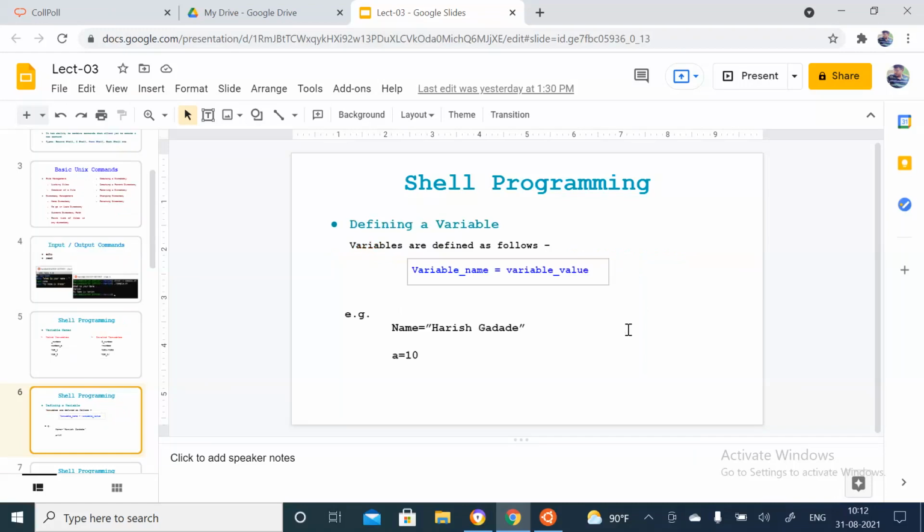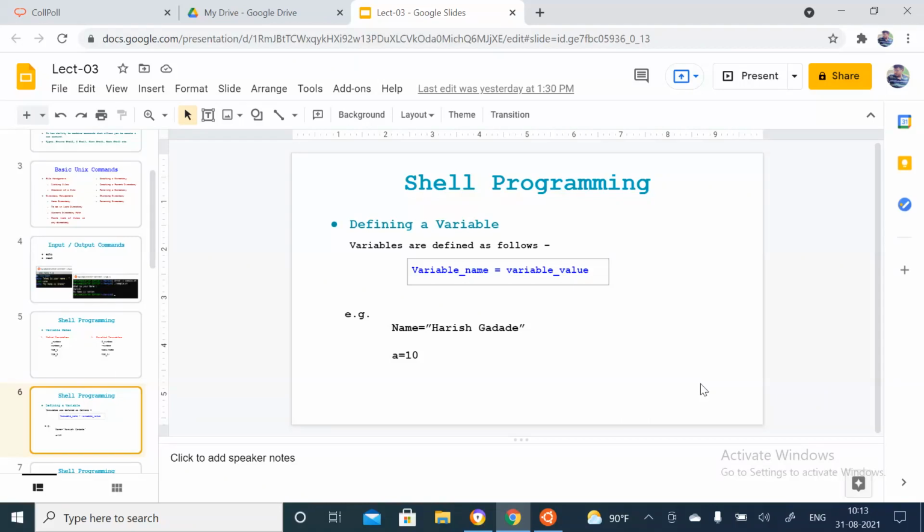If you want to see the syntax, it is here. In C programming, we need to declare the variable first with its type. For a string value, you need a character array, and for an integer value, you declare an integer. That is the case in C or Java. But in shell script, or in Python, it is not necessary to declare the type of the variable. When we enter the value, the variable automatically takes that value.